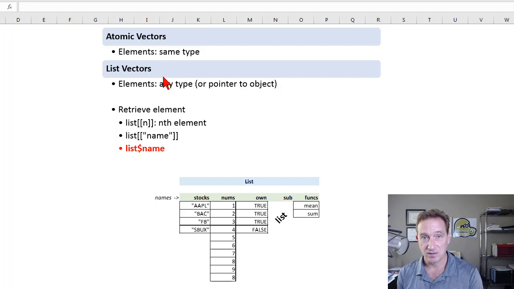I previously introduced atomic vectors in R, which require that all the elements be of the same type. In this video, I'd like to introduce list vectors, or just called lists, which are super flexible because the elements can be a mix of any type or pointers to objects, including an element in a list can be another list, a sublist. I'd also like to show you how to retrieve elements from a list, because this can be